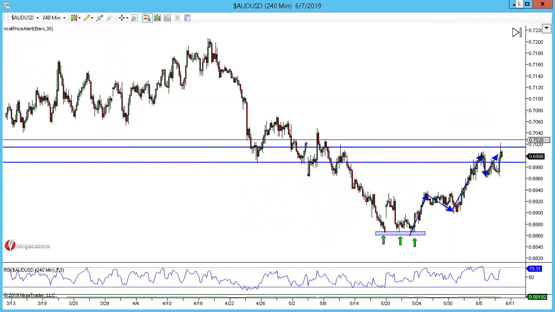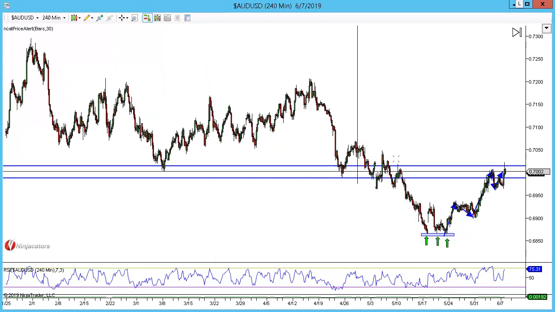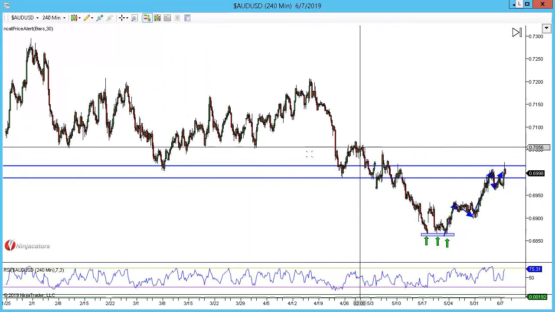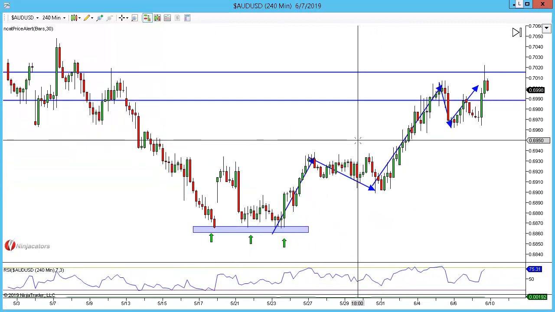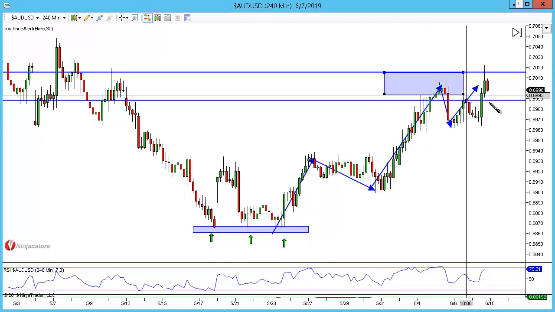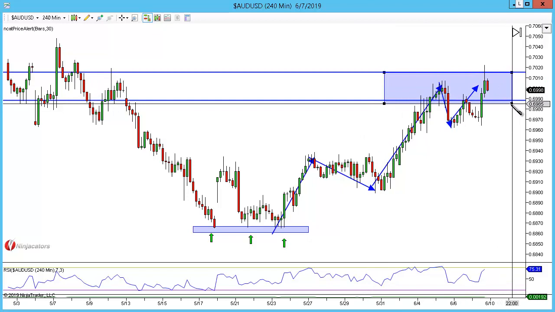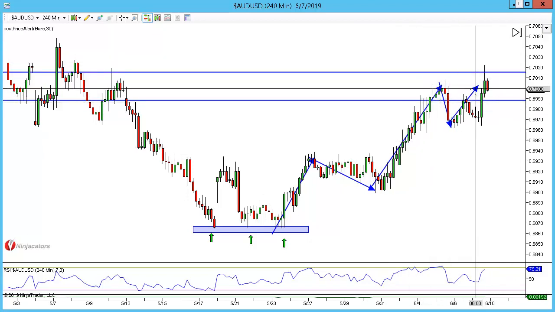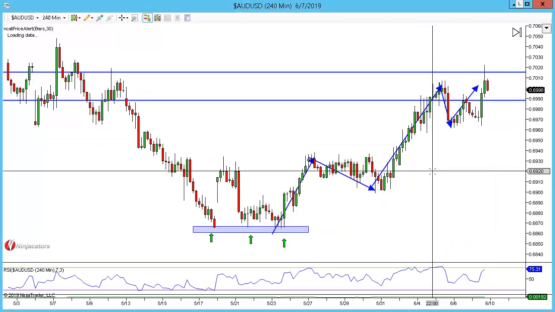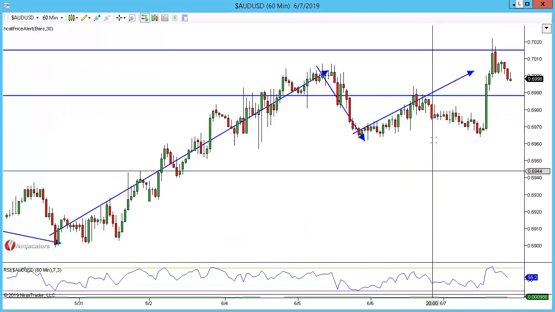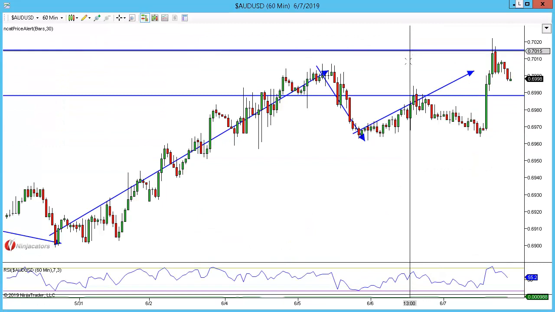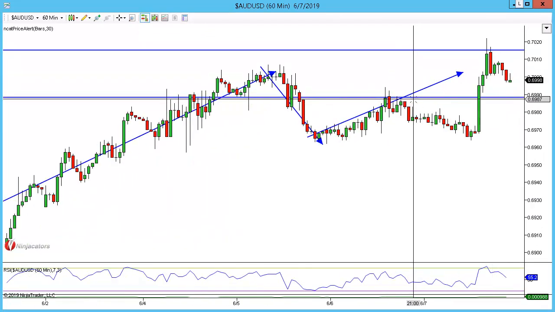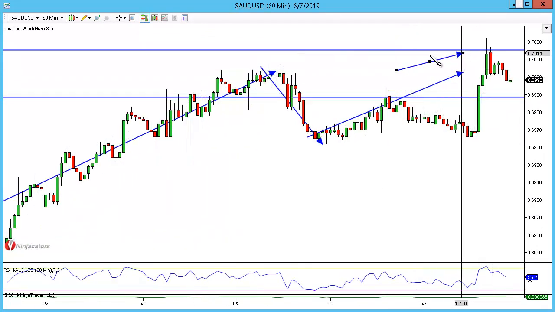If we look left though, there's nothing here really, but we are obviously in that daily price reversal zone. So this could certainly be a decision point here as to which way we could go. There's actually no higher time frame confirmation. On the 60, we didn't even violate, we've held that